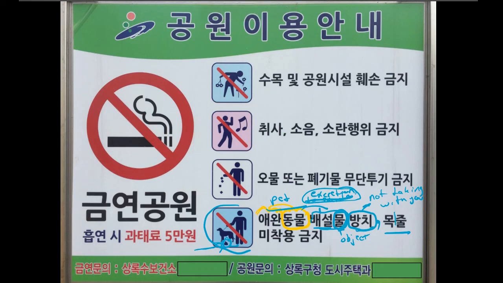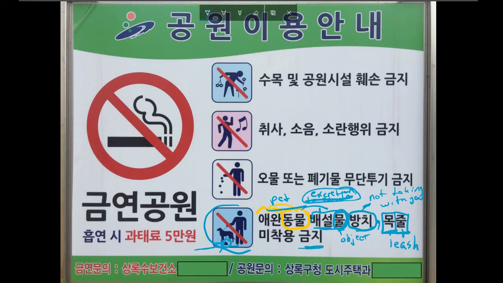목줄. Now, 줄 means string or rope, and 목 means neck. And you can think about what this would mean on a dog. If this means string or rope and this means neck, well, this is going to be a leash. And I don't even know how to spell leash in English. I'm going to guess that that's how you spell it. So a leash, and again, we know what this word means.